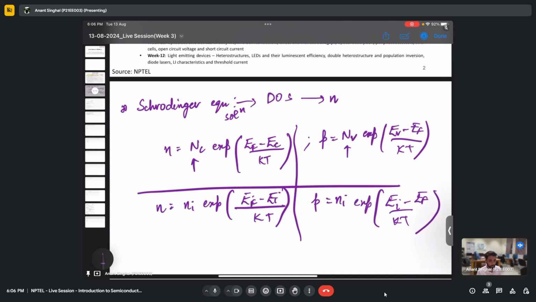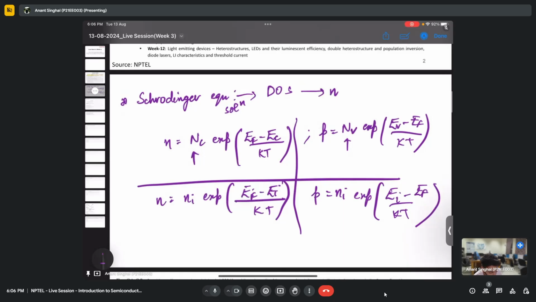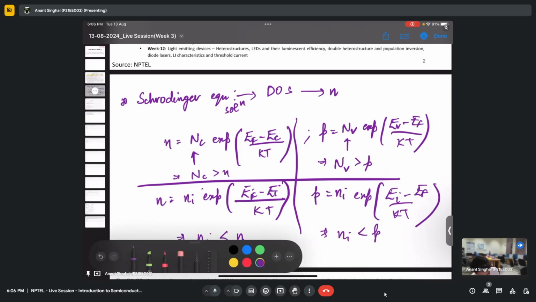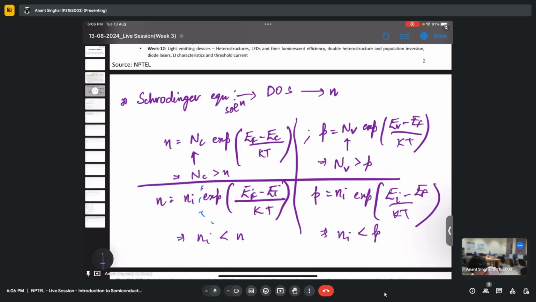So what it symbolizes for all the non-degenerate semiconductors is that NC is always greater than n, NV is always greater than p, and similarly ni is always less than n. You can clearly see how I made this, because if this exponential term will be positive, that is the case for most of the non-degenerate semiconductors, then